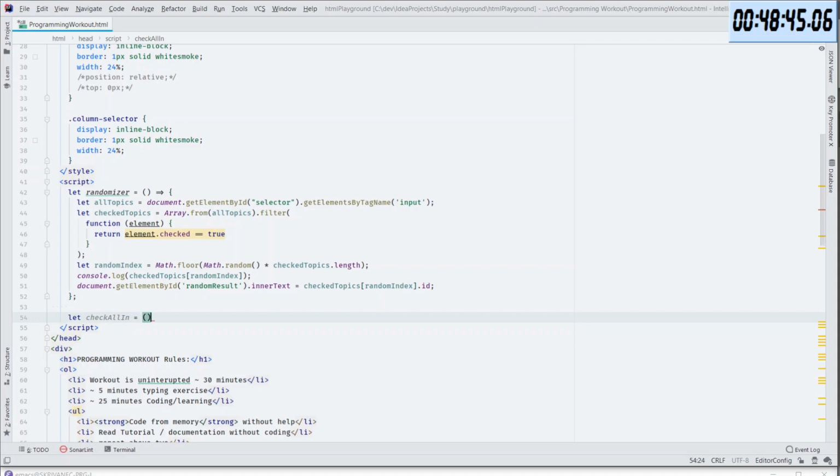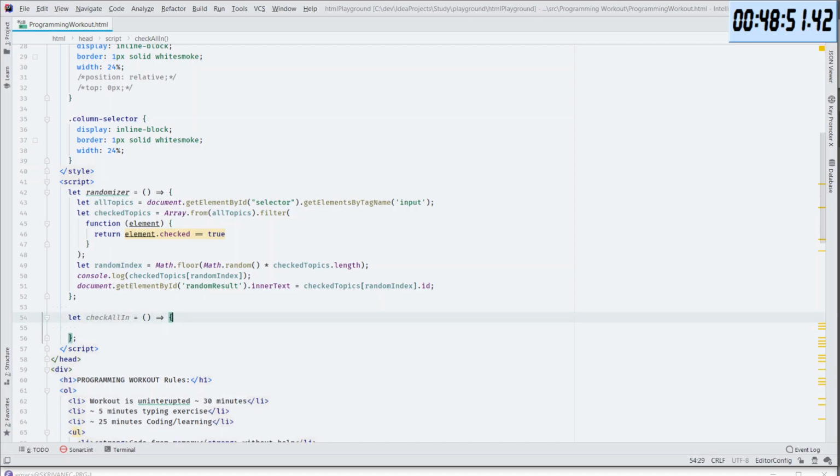It will take a parameter. The parameter will be column ID, or div ID.